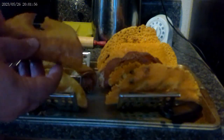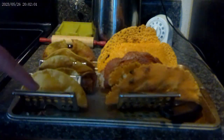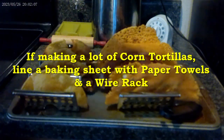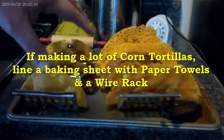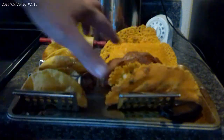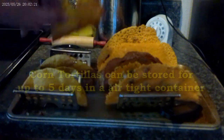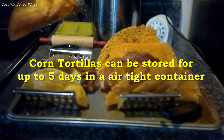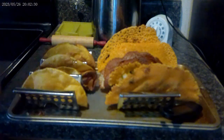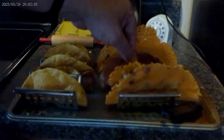Alright folks, so you can see after I finish the sides, I have them cooling here on the rack as well. Now, if you're cooking a lot of them, you can put a wire rack over a pan, put a paper towel underneath it, and let them air dry. Now, you can put these in an airtight container and let them sit for only about 5 days, and then after that they really won't be that good anymore. And as you can see here, the cheese on the cheddar cheese is very crispy,